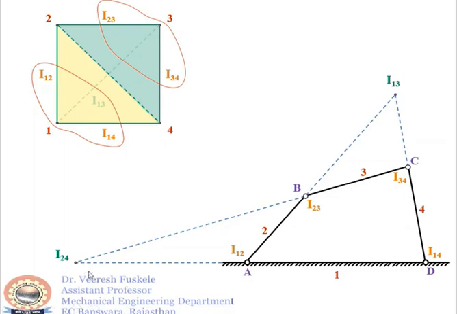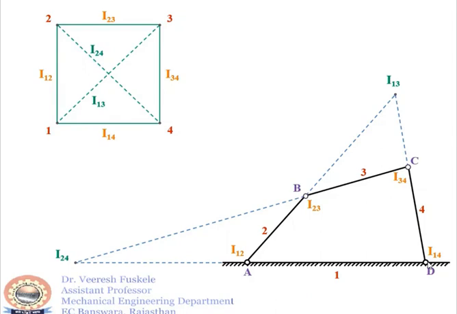So this is the easy and convenient way to keep track of the various ICs to be located in any mechanism. This will be very helpful when the problem becomes complicated. So this is how we can find the ICs of any mechanism using the instantaneous center method. This is all for this video. In the next video, we'll continue with the velocity analysis of the same